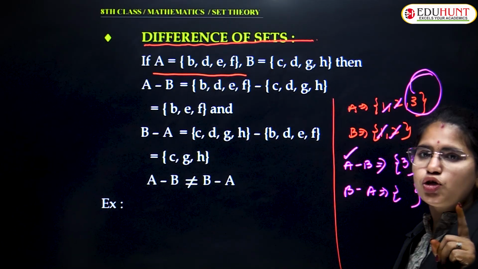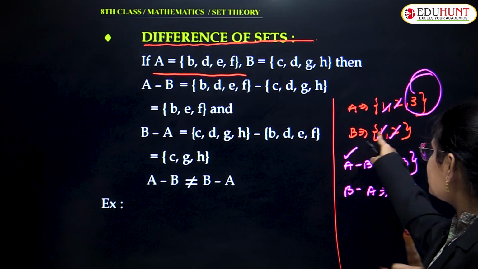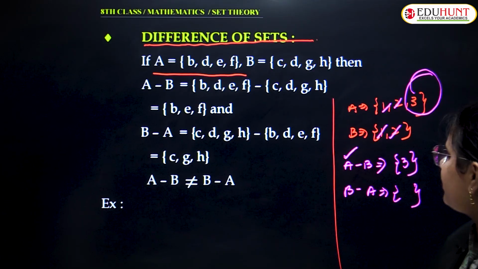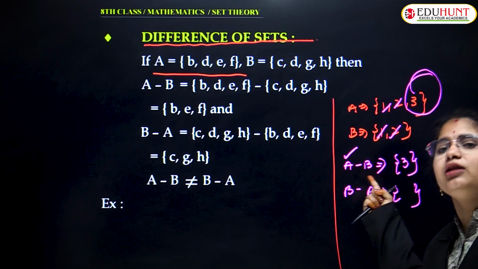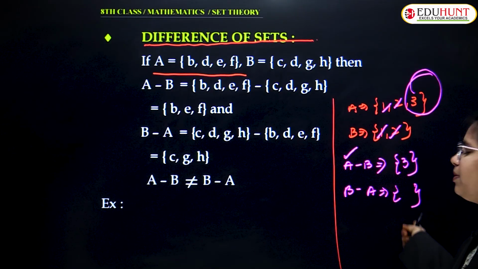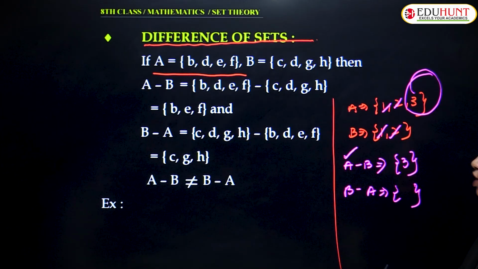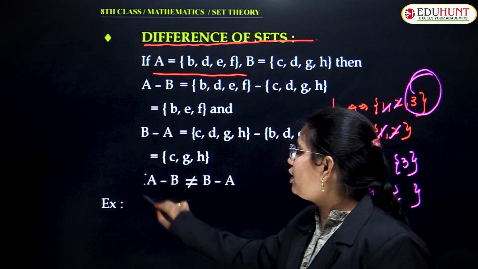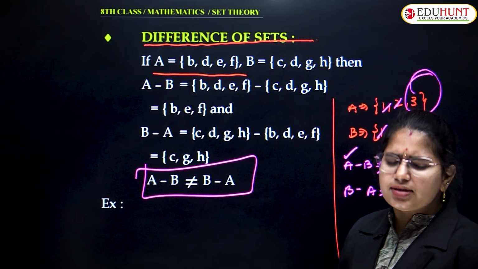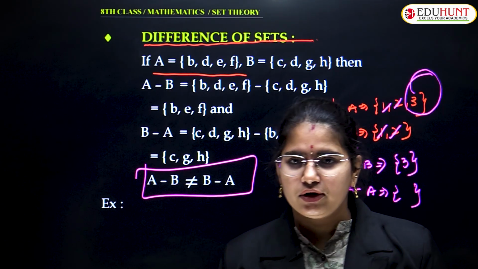So now answer my question. This is A minus B and this is B minus A. Are these both equal? No. A minus B is not equal to B minus A because in A minus B we found a common element, that is 3, whereas in B minus A we don't find any element; this is a null set. So that is the reason we express that A minus B is not equivalent to B minus A. This is not commutative, right?